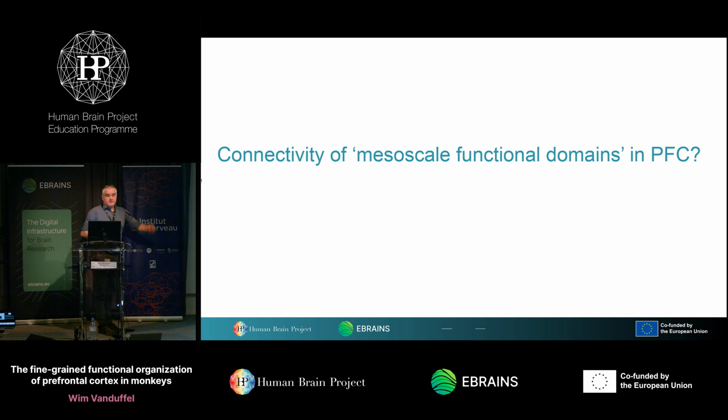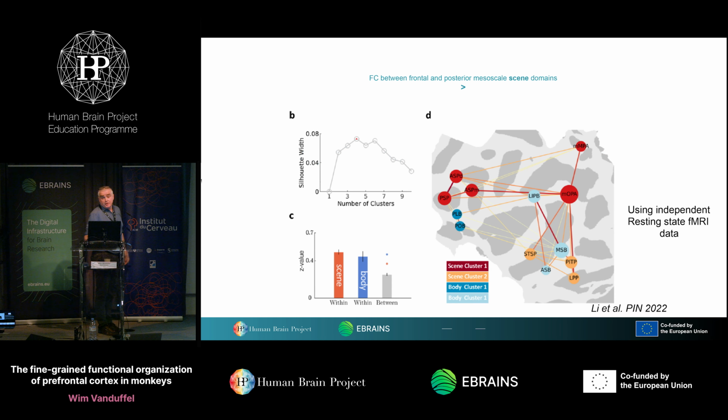Ideally, you would like to do something that Henry was doing, going into these patches and injecting these areas. This would be very interesting to do. We have not done that yet. So the poor man's solution is to look at functional connectivity by acquiring resting state fMRI data in the same animals, and see whether these networks of category-selective patches have different connectivity patterns. We did that for the scene patches, and also for the body and face selective patches. And indeed, you see that patches, even across large distances from frontal cortex to